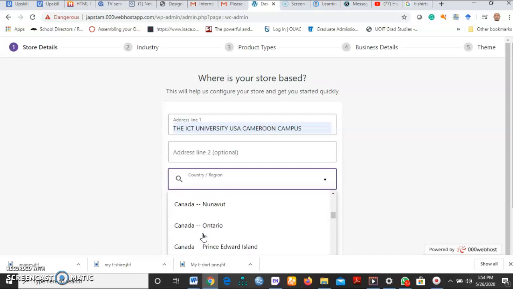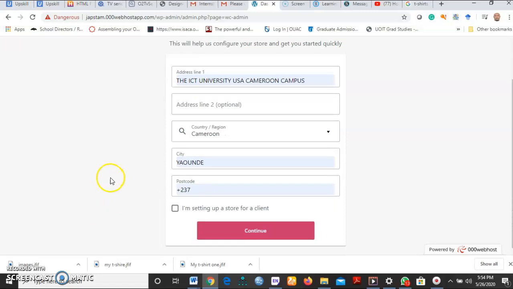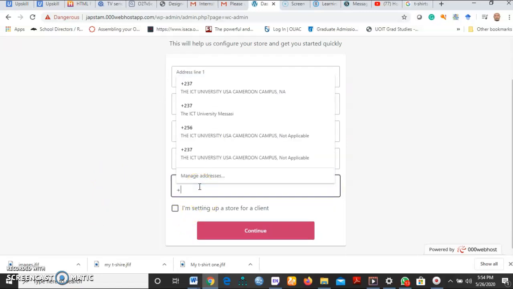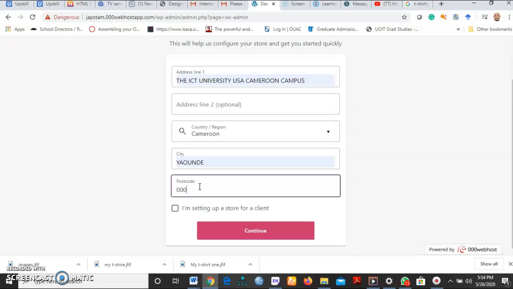So Cameroon, Canada, Cameroon. So Cameroon is the country, Yaoundé is the city. That's the postal code, though the postal code can be 0000. So I'm setting up